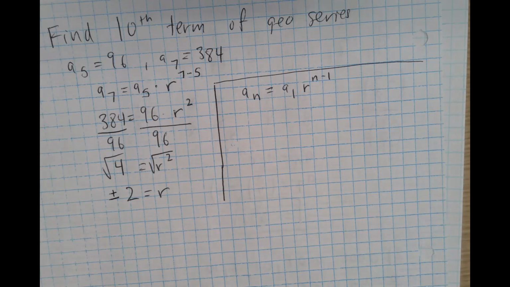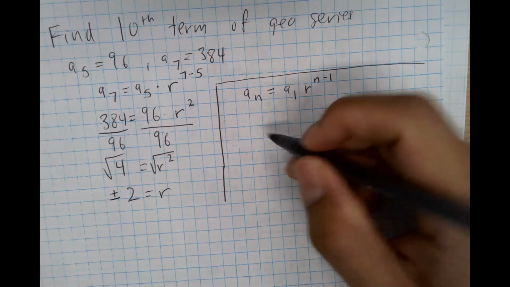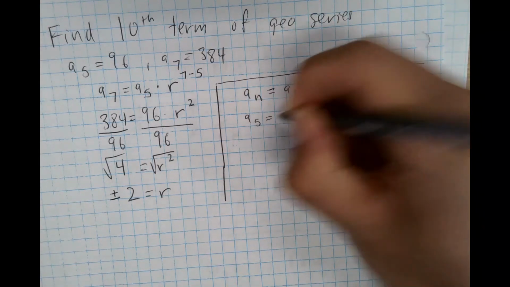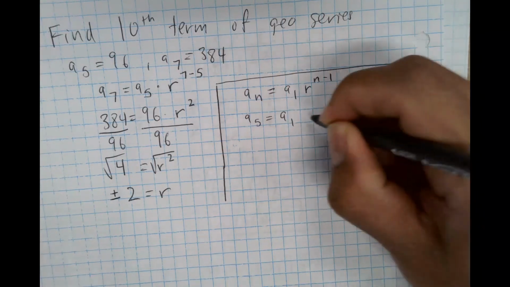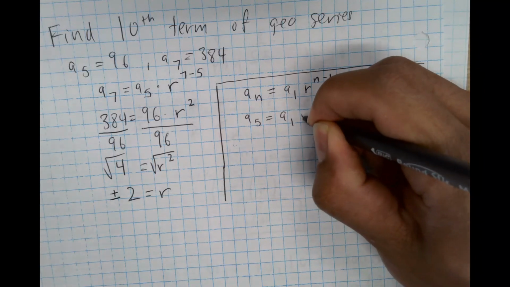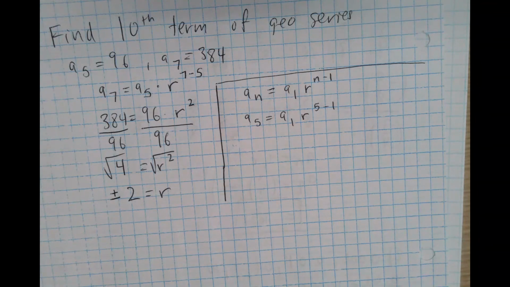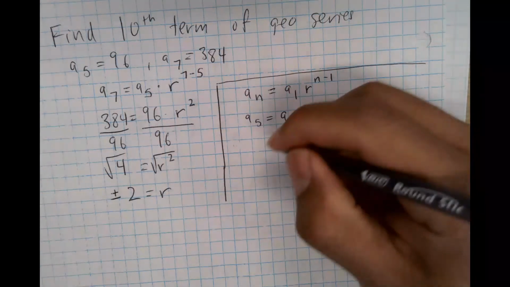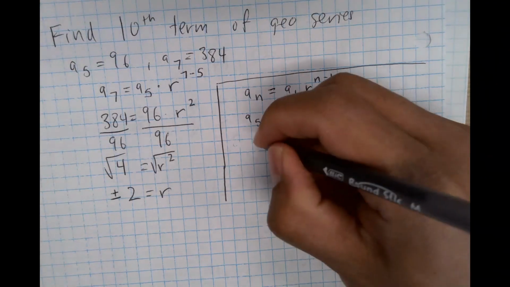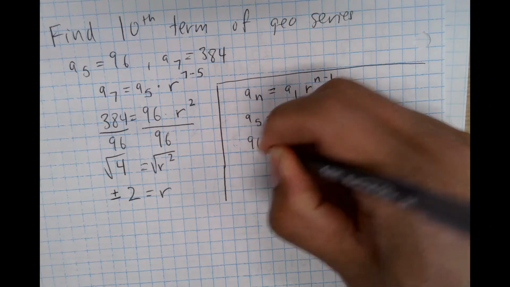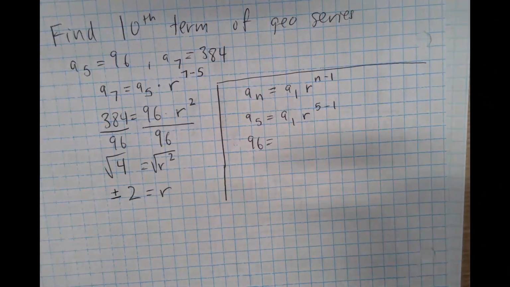So in this case, we know A5. So I know A5 is equal to A1 r, and we can do 5 minus 1. So that's the first thing we know, we know A of 5. We can then plug in A of 5, and we can plug in r. And here you can see that we have two values of r, so we're going to have to plug in